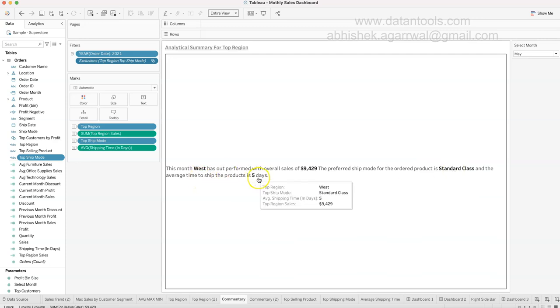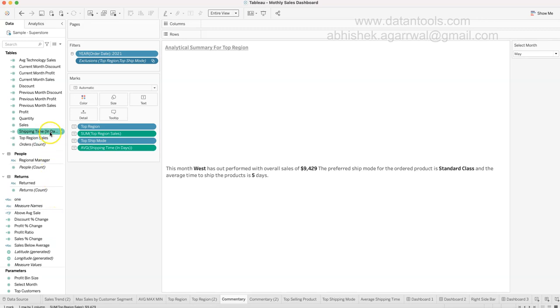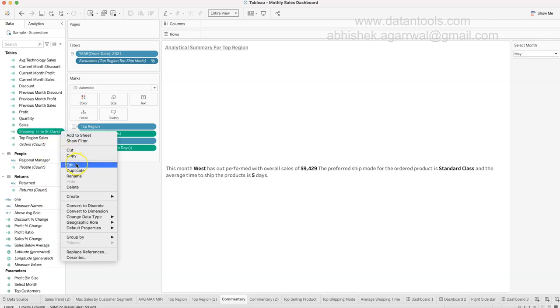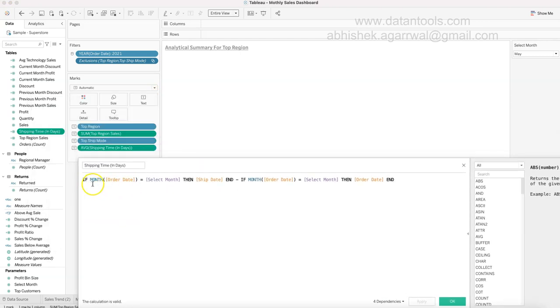And then finally, the average time to ship is basically over here. So if you see, average time to ship should be somewhere here, shipping time in days. So this is nothing but ship date minus order date. So if we click at it, this is: if month order date equals select month, then ship date minus if month order date equals select month, this month we are selecting, then order date. So ship date minus order date is going to give you